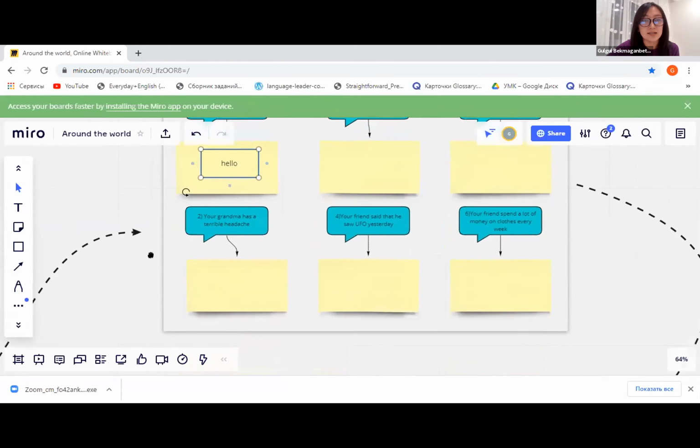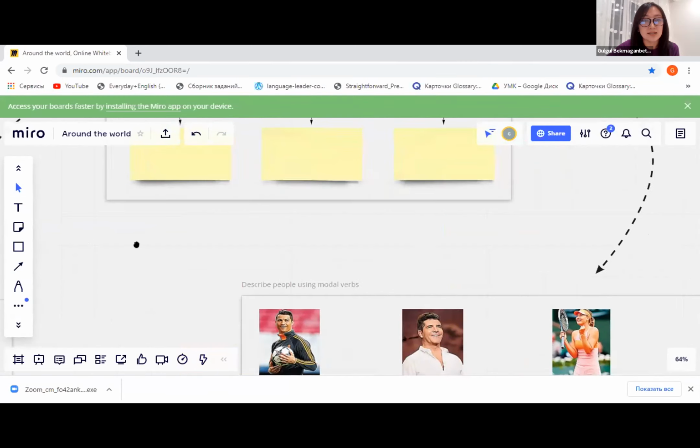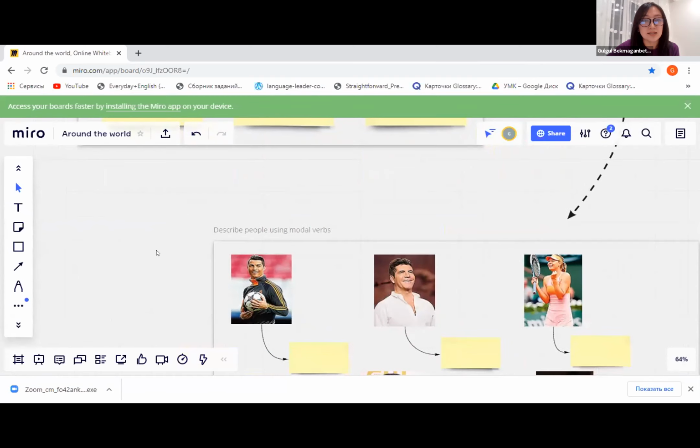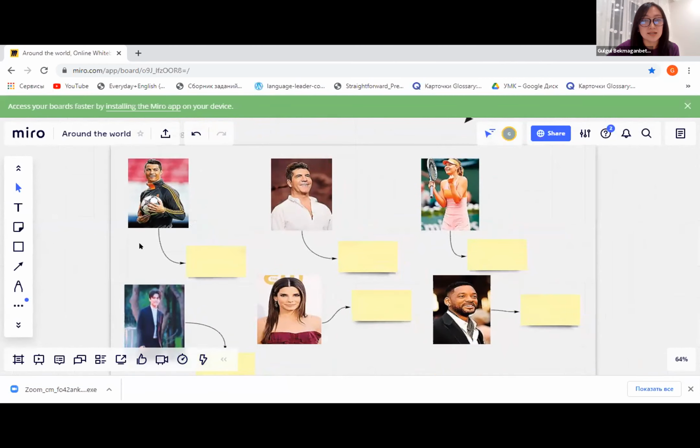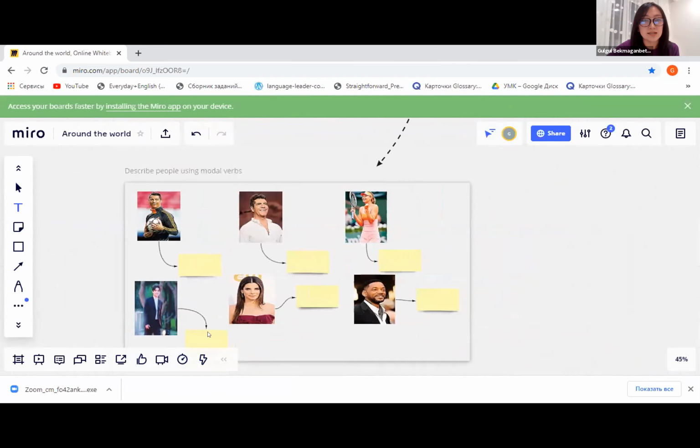Last but not least, in the last activity, they can use any tool from the sidebar. For example, they can use the text tool or sticky note, or they can use the shape tool in order to write their answers, for example, like this.